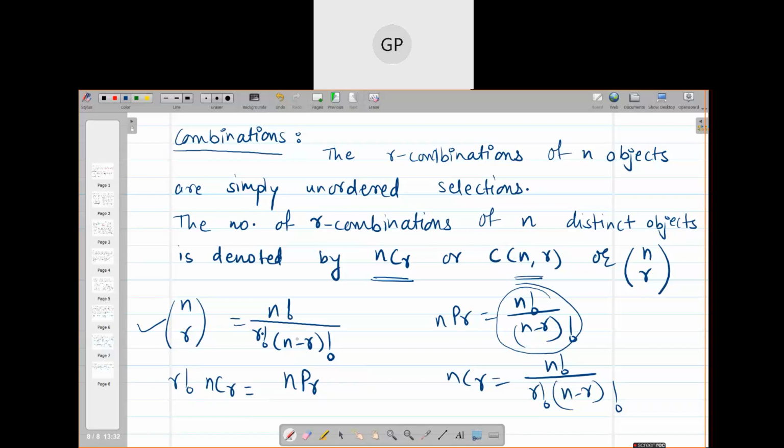Yes. So you will select them first. When you want to form 2-digit numbers from 5 digits, first you have to select those 2 digits from 5, and then those 2 you will arrange among themselves. That means 2 factorial, 2 into 1. So permutation is done using combination. First you have to select your r objects and then you arrange them. So please remember this thing.